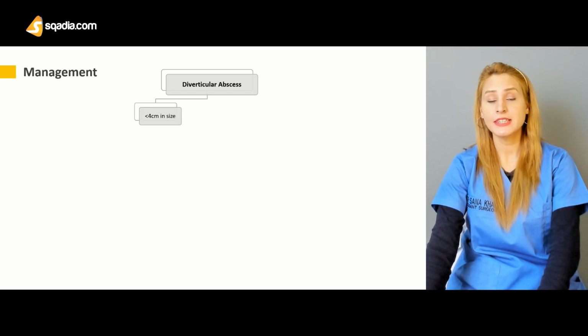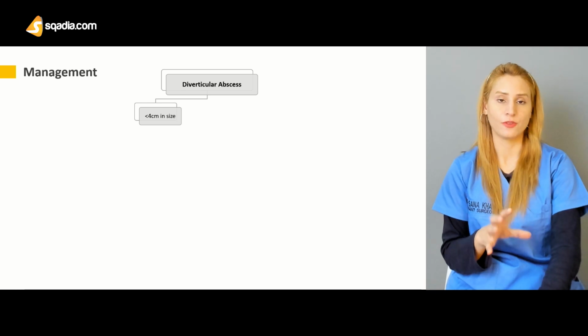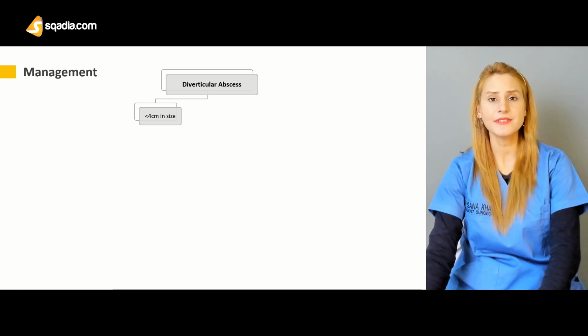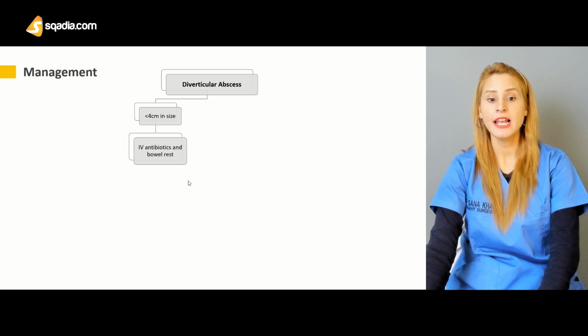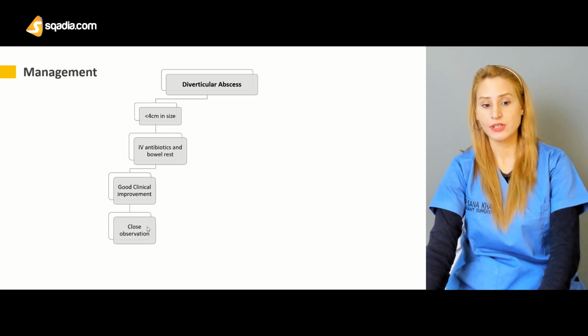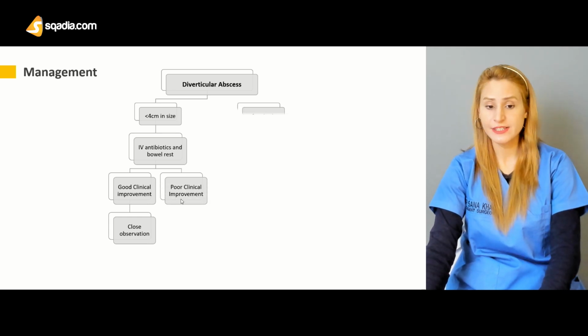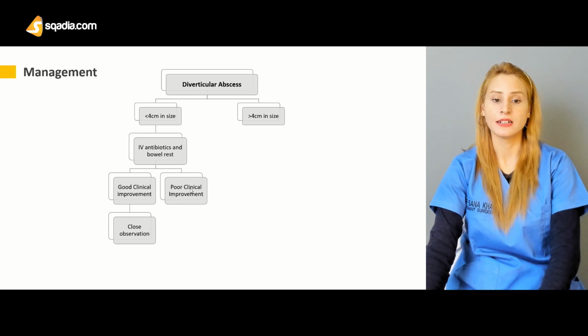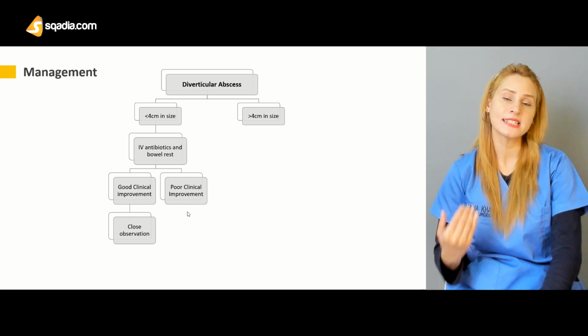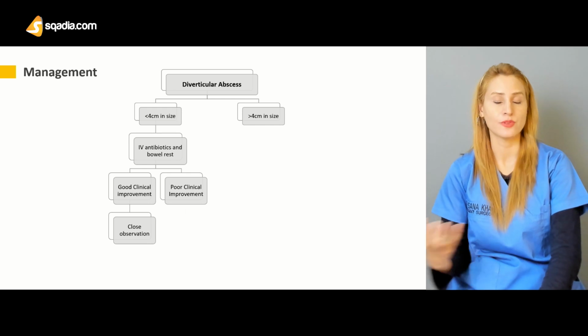Now, talking about the management of the diverticular abscess, which is a complication of diverticular disease, there is an algorithm to be followed. If the size of the abscess is less than 4 centimeter, you treat your patient with IV antibiotics and give bowel rest. If there's a good clinical outcome, then you go for close observation. And if there's poor clinical improvement, reassess your patient and do the percutaneous drainage or the